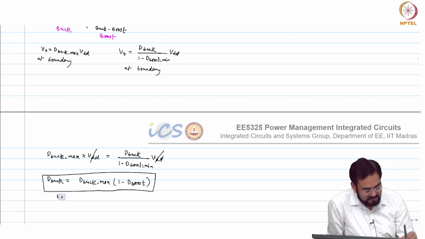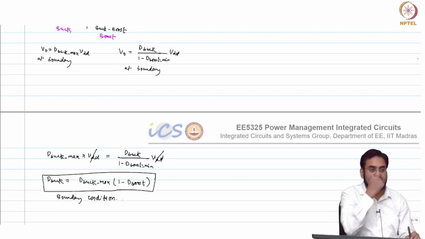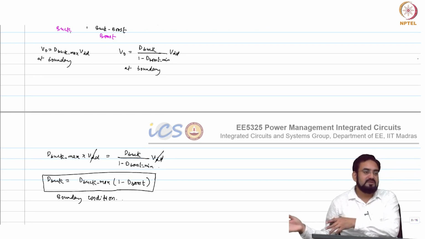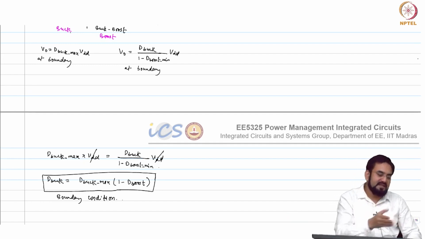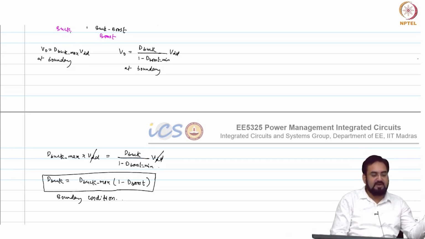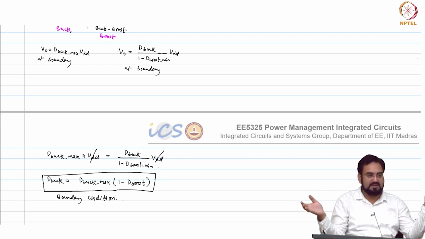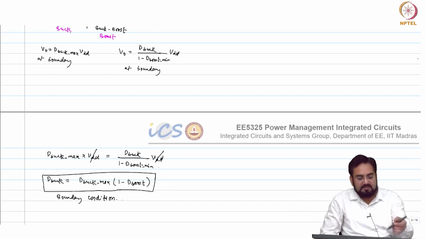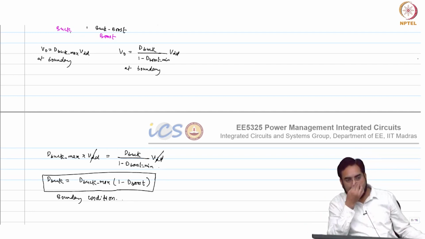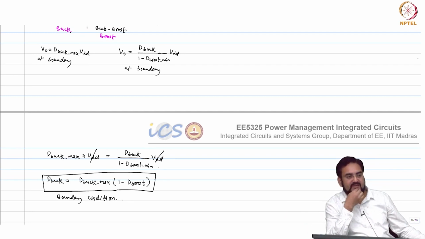This is your boundary condition for buck to buck-boost. Same thing you can do for buck-boost to boost. So the left hand side equation will change in that case. Basically, on the left hand side you will be operating in buck-boost and on the right hand side you will be operating in boost. So in buck-boost your equation will remain the same, D buck over 1 minus D boost. In what condition will you enter the boost? When will you enter the boost?